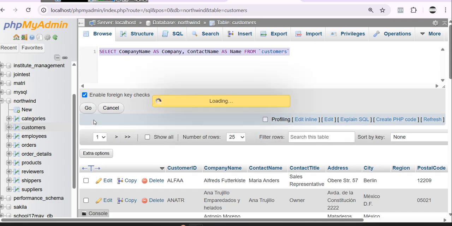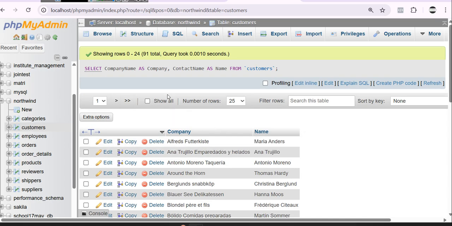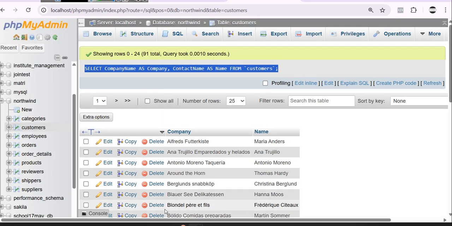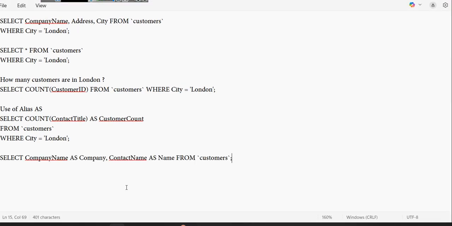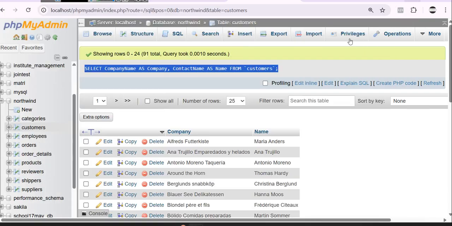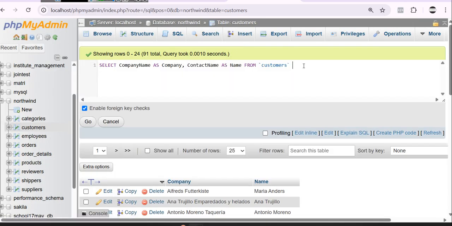If you do this, now you can see that the actual names of those columns are company name and contact name. But with the help of this alias, with keyword as, we are showing it as company and name. And now it is easier for someone to just recognize. So this is another query that you will practice today, that we can rename the columns according to our own will. And here also you can apply any filter, like for example where,